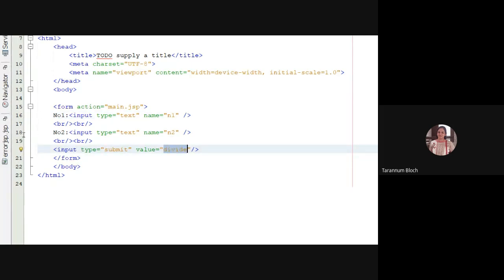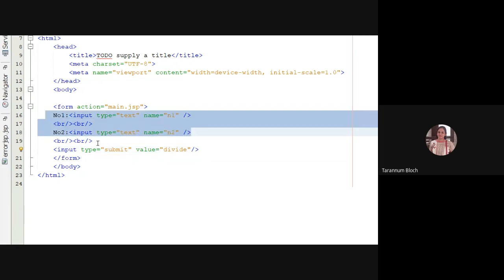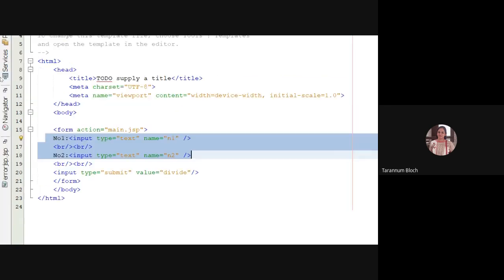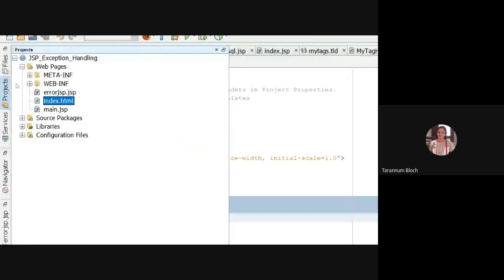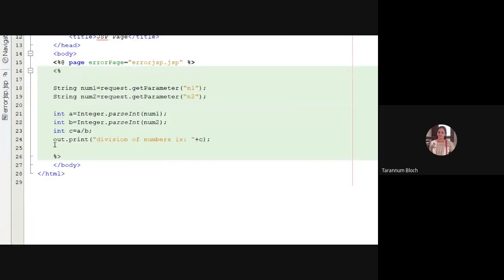In main.jsp, I read these two with the help of request.getParameter, and as we want to do division, which is a mathematical operation, we require the conversion, that is Integer.parseInt. Now I'm doing the division, int c is equal to a divided by b, and we are displaying the answer of the division.